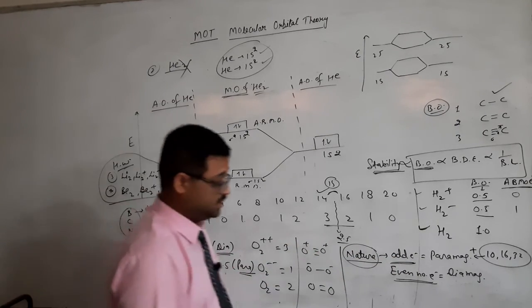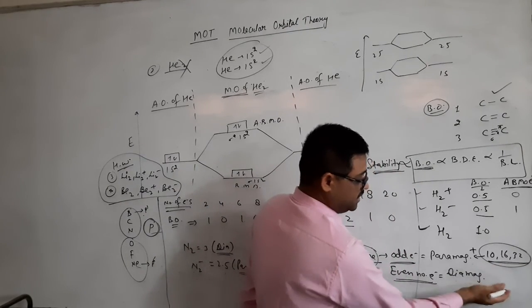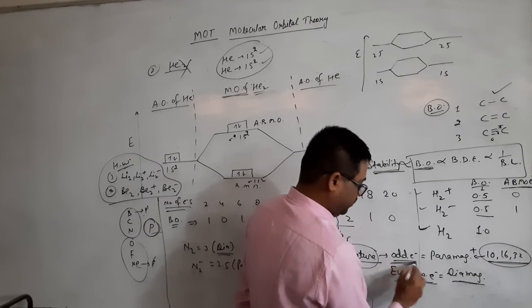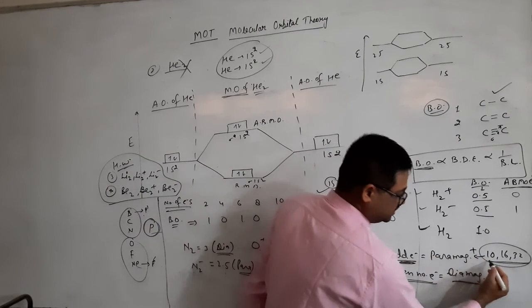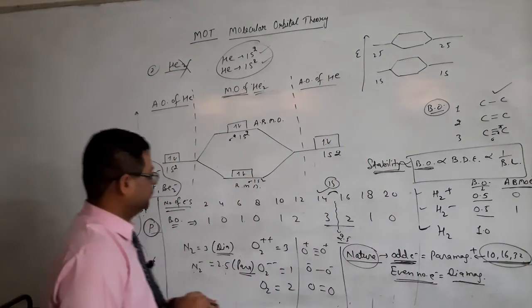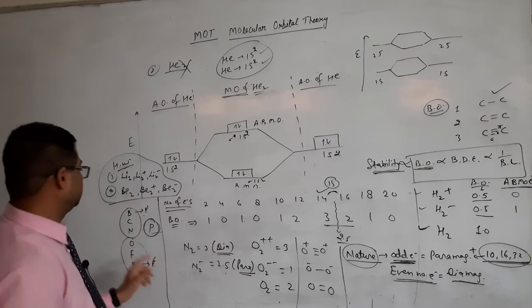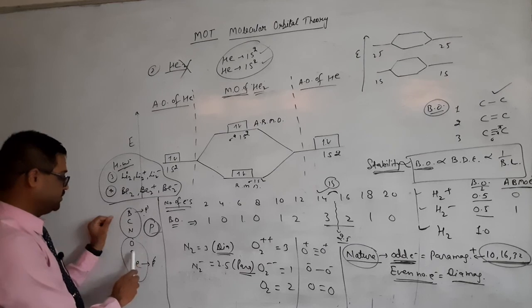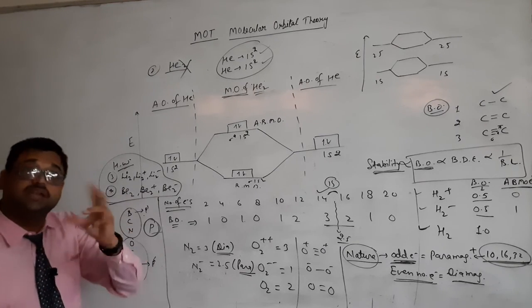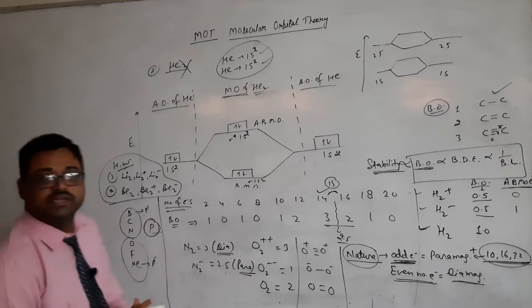But please keep remembering, these are even numbers, but they are not diamagnetic, they are paramagnetic. So in the odd number of electrons, you have to add these 3 digits also: 10, 16 and 32. So this is a short trick also. Tomorrow we will discuss boron, carbon, nitrogen, oxygen, fluorine, neon, because they have p orbitals also, and for p orbitals there is a certain trick and technique, so we will discuss it tomorrow. Okay, thank you so much.